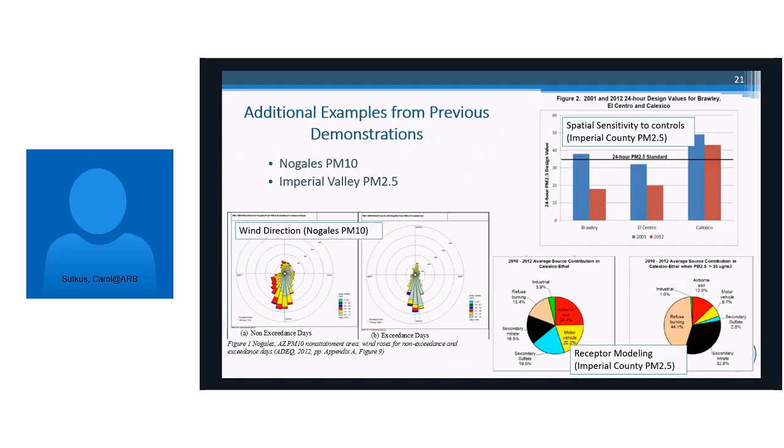The figures on the bottom right come from a chemical mass balance, or PMF analysis, which are identifying individual sources based on a chemical fingerprint. And the days on the left have a much smaller contribution from refuse burning than the ones on the right. The refuse burning in that case was associated with an international refuse burning that was known to be occurring, and so that type of ambient observational analysis would be supporting an international contribution.